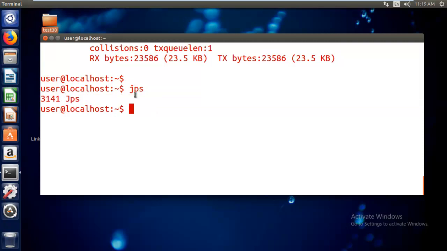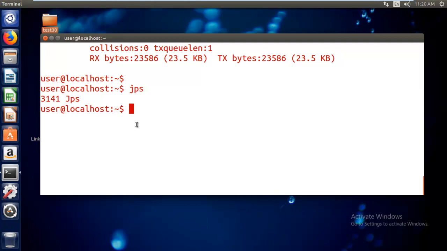If you say like this, I'm not getting any Hadoop services, so now I have to start my Hadoop services. In the last session I explained the various folder structure of Hadoop. In that I showed you a folder called sbin.